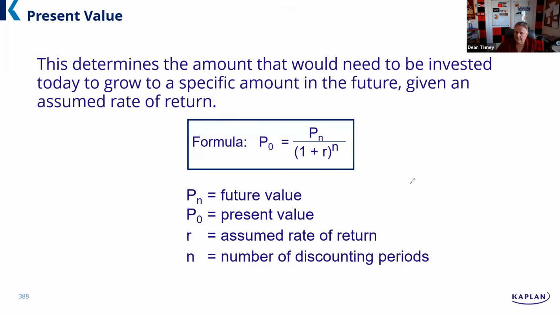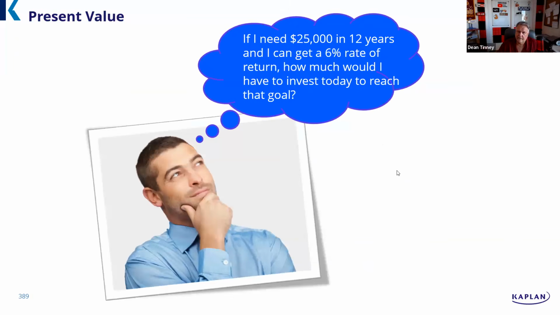Now, again, I'm not going to make you do the math because we don't give you calculators that have exponential digits on them. But I will ask you to understand the inputs and the outputs. And so here is the answer to the question here. So the person says, Dean, if I need 25,000 12 years from today,